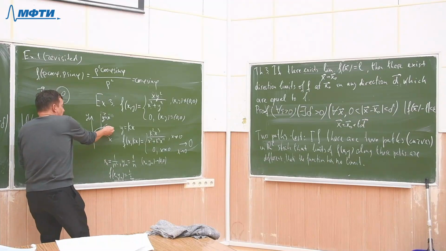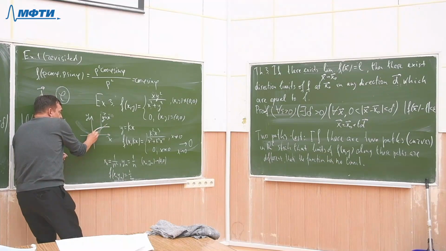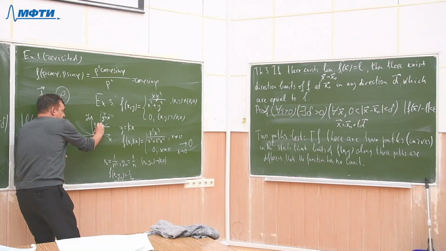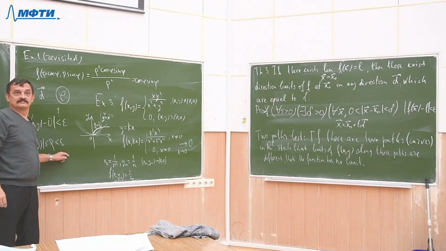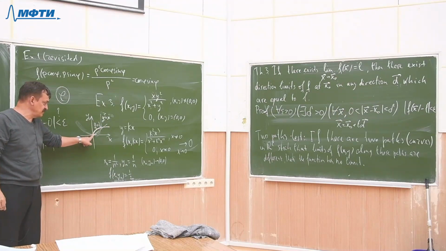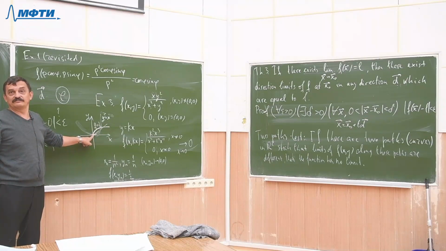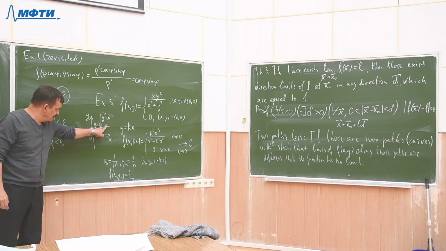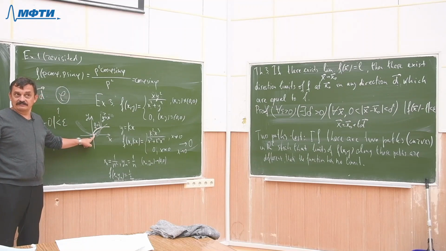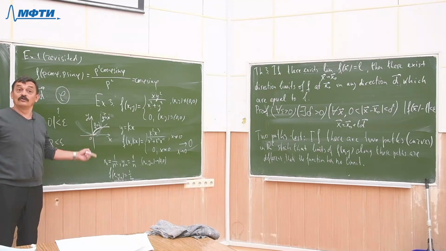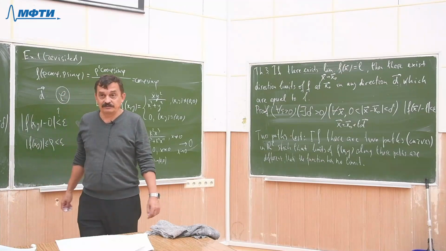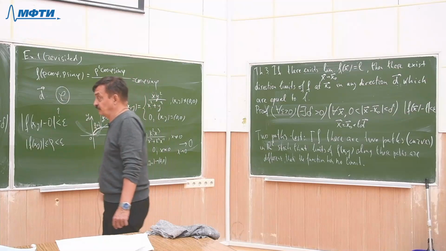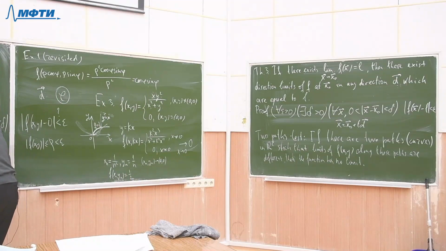So values of f along this curve are equal to 1/2. So the limit along this curve equals 1/2. Limits along an arbitrary line equal 0. So no limit. Now I can explain a little bit about what the limit, direction limit, and so on are,